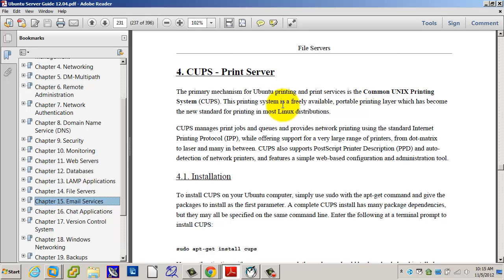IPP has been out there for a while. It uses its own port 631. You can see how that plays into there. It allows you to print over the internet, and there's lots and lots of services out there on the internet right now that allow that. CUPS uses that standard, while also offering support for a very large range of printers, from dot matrix to lasers